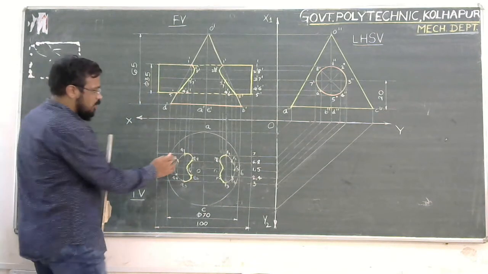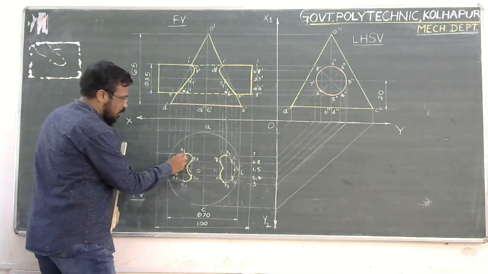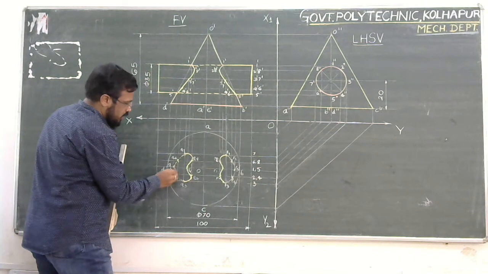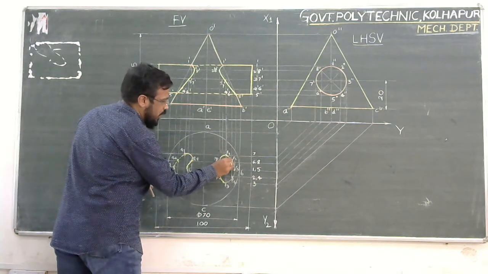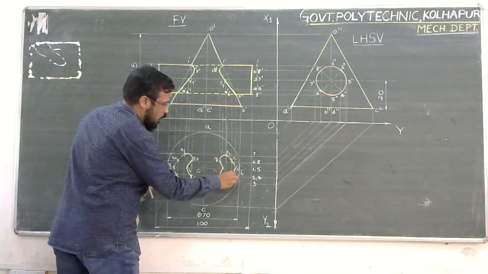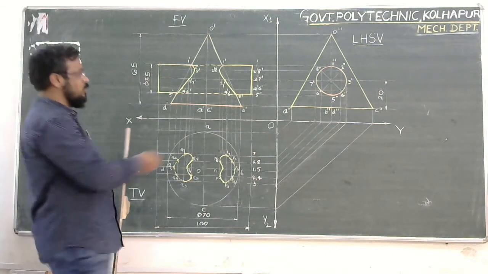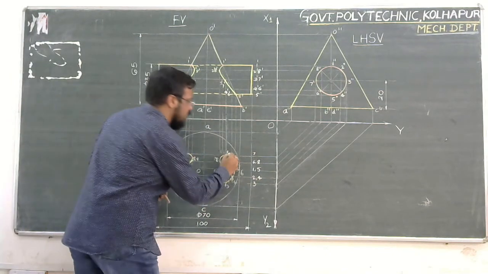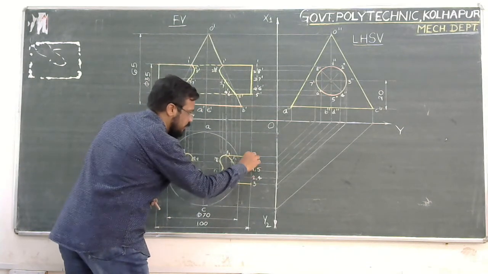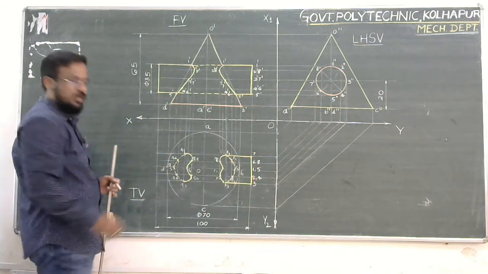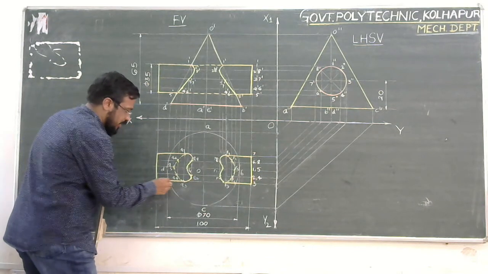What happens to the rest of the part? See, that is not visible, no? So that is not visible means it will be in the form of a dotted line. So this kidney shape will be totally not visible. Half portion will be visible up to point number 7, and from 7 onwards to these 3 points, it will be in the form of dots. Then what will happen to the rest of the cylinder? No doubt it is visible now. It is penetrated, so it is visible. So this is visible. This is the visibility. In this case, this is the portion of the cylinder that is visible.